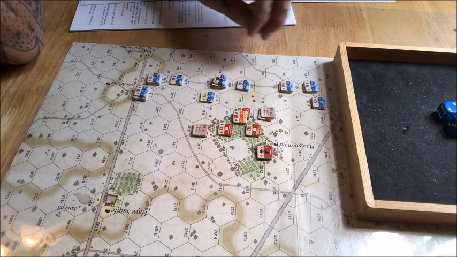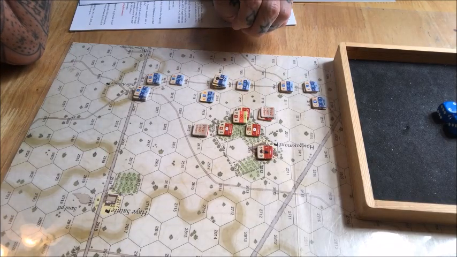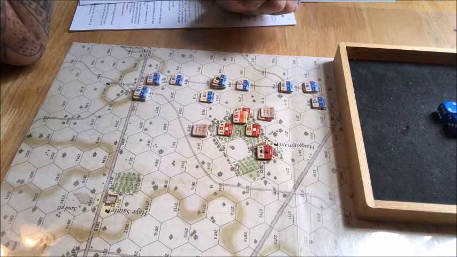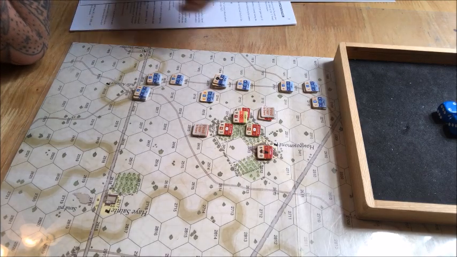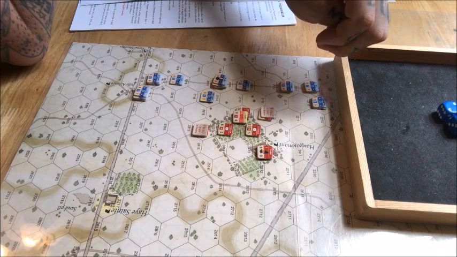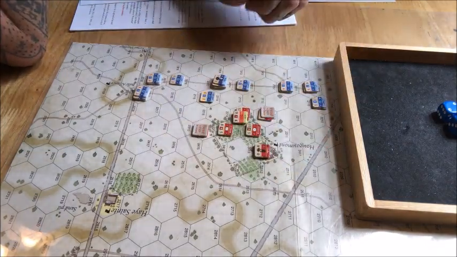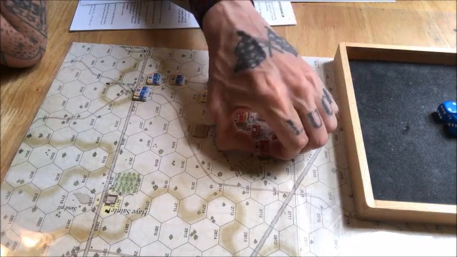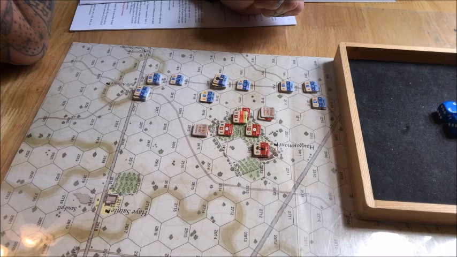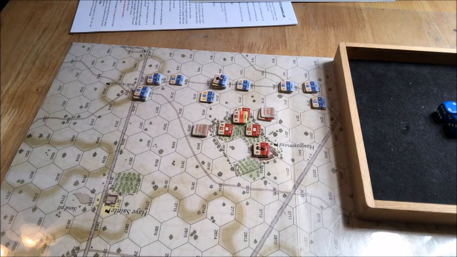This introductory scenario, again, is watered down. This is geared towards learning the game. They don't include cards. They don't include cavalry. And what we have here, I should have explained this earlier. We do have Hougoumont Farm, which is being defended by the Allies. That is, in fact, their order, a defense order. And to win this scenario, we need to...